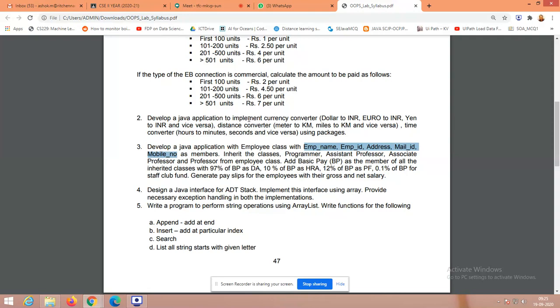By adding designation, you could create a database of some 10 faculty members. So five of them, two of them programmers, likewise two of them assistant professors, two of them associate professors, two of them professors. So this data is available in your file. No need to get input from the user. Or if you get the input from the user, then store it in the file. From the file, you take the data, calculate your logic, and try to print the payslip. Likewise, you could be able to do that. That's a professional way of doing the program.